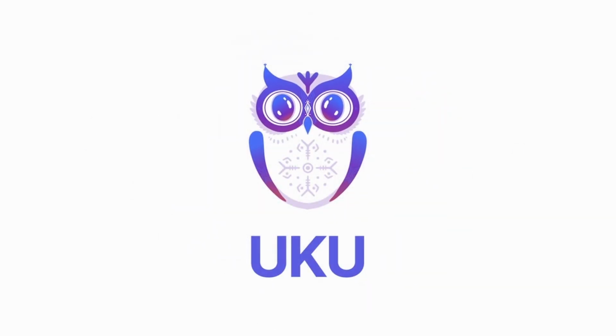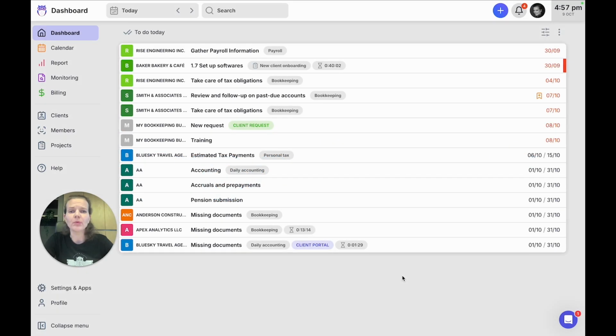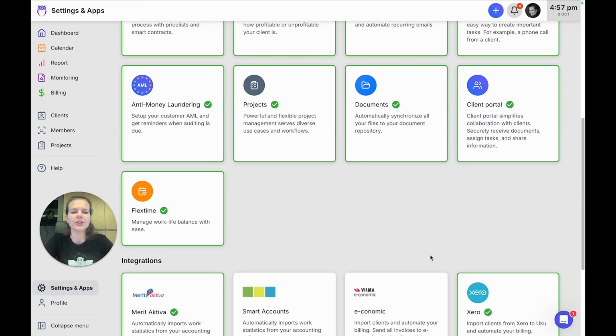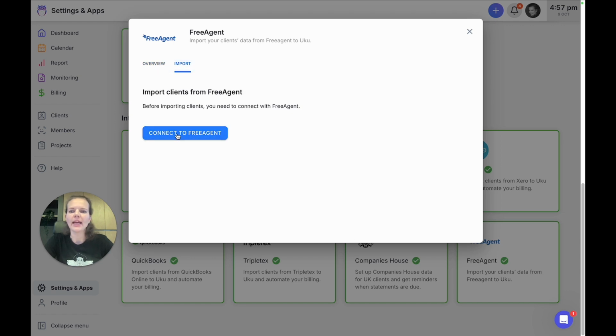Hi. So Uku is now integrated with FreeAgent, and I will show you right now how you can set up the connection. So let's move to the settings and apps, scroll down to the integrations and choose the FreeAgent app. You can activate the app, and then when it's activated, you can move to the import tab and click on